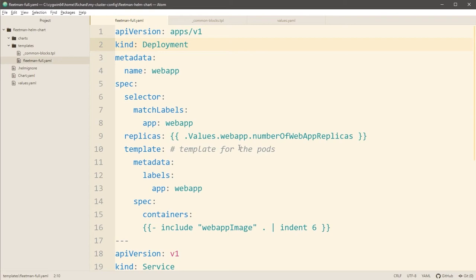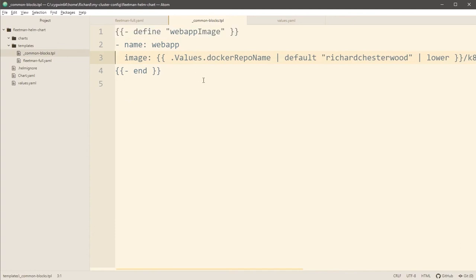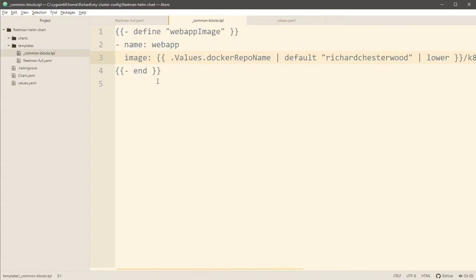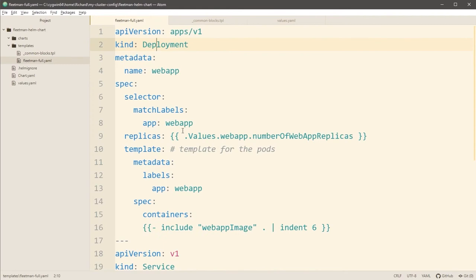But if you're working on a project and you're not publishing your charts, and you're using your charts purely so that you have some level of dynamism in your Kubernetes YAML, and by that I mean, for example, where you want to support, as we've done here, a development and a production environment with a single common YAML file, then do you know what? You really don't need to do very much. You might not have complicated named templates and all that kind of thing. You can make some pretty simple Helm charts. And that's what we've done here.